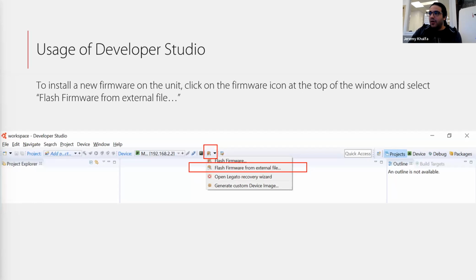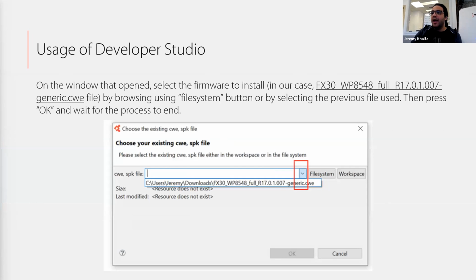What I described here was for a previous version of the energy box, but it can still be relevant in the future. That's why I described it. This is if we want to update the version of the unit inside. You have an icon like this, I don't know how to describe the square at the top of your screen. You click on Flash firmware from an external file. And here you go and select